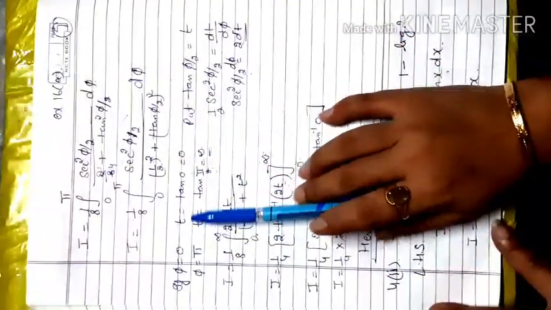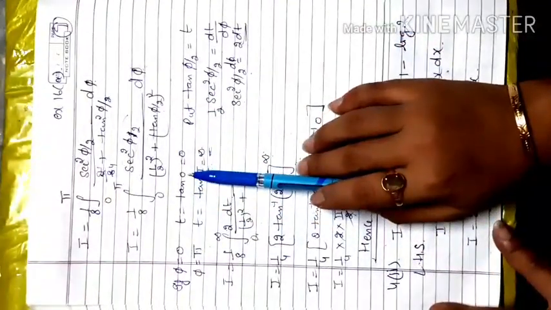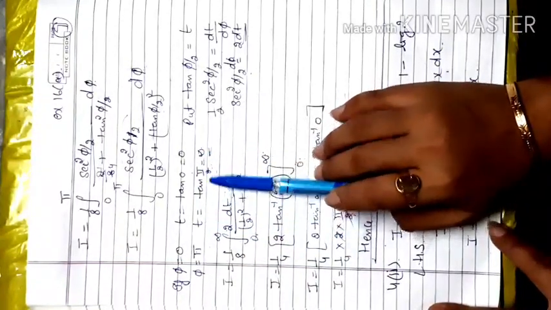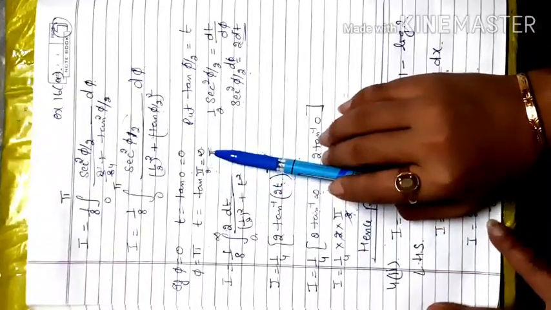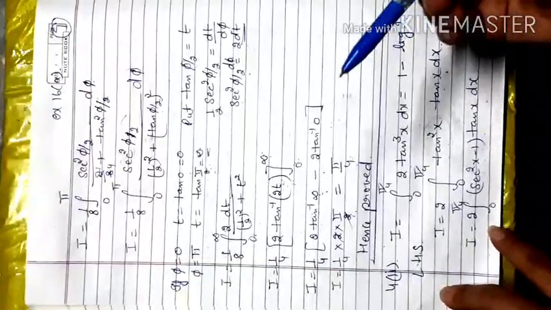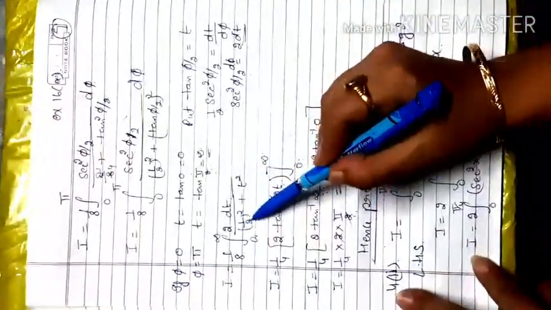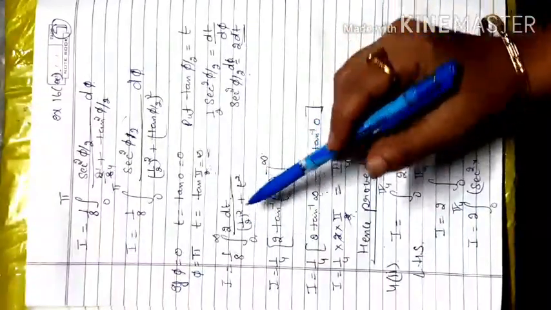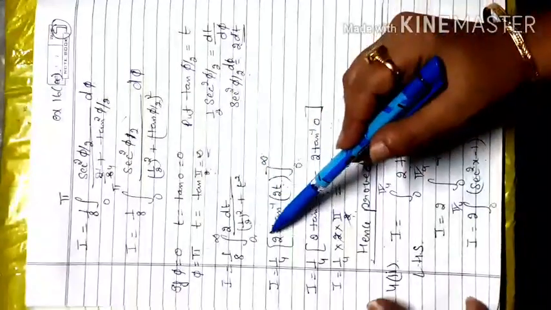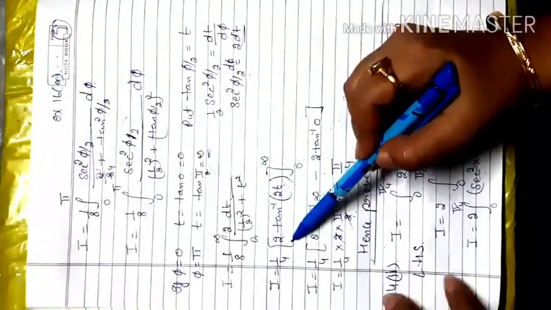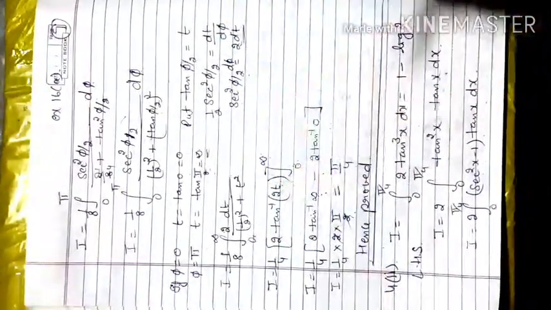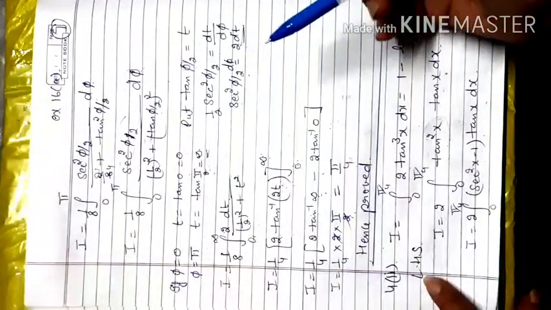So if phi is 0, then t equals tan phi by 2, that is 0. If phi is equal to pi, then t equals tan pi by 2, which is equal to infinity. Then you go with 0 to infinity. There is no change in the question, the answer will be the same. The only difference is that where I am getting 1 by 2 by changing the sign, you will get only 2 here. So that will be 2 plus t square. Whatever you get outside, 1 by 2, was the common factor. Ultimately your answer will be the same, there will be no change in the answer.